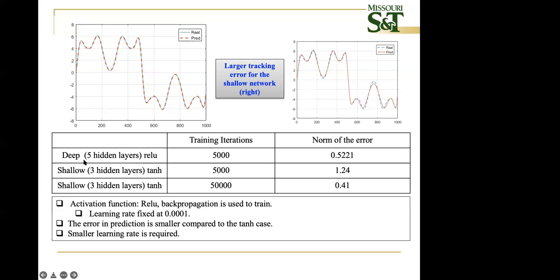Whereas if you use our method, but with the ReDO activation function, you can even reduce the error with the same number of iterations. So what I'm trying to say is you can use some of these in combination and get the best performance, okay? So the error in prediction is smaller compared to the tangent hyperbolic activation function. We have to use a small learning rate, which is alpha, okay?